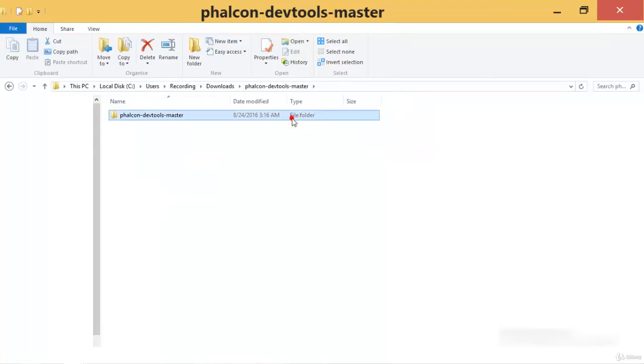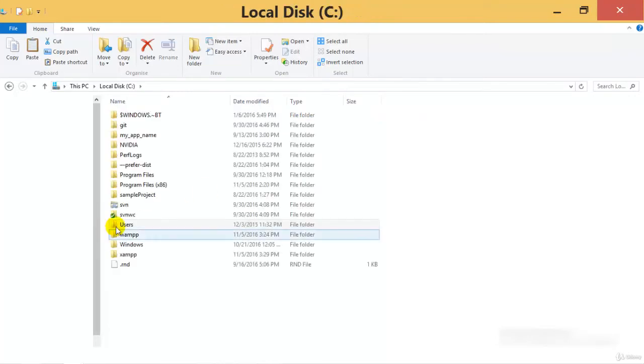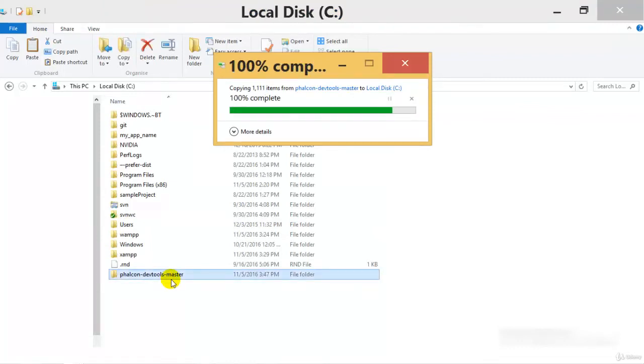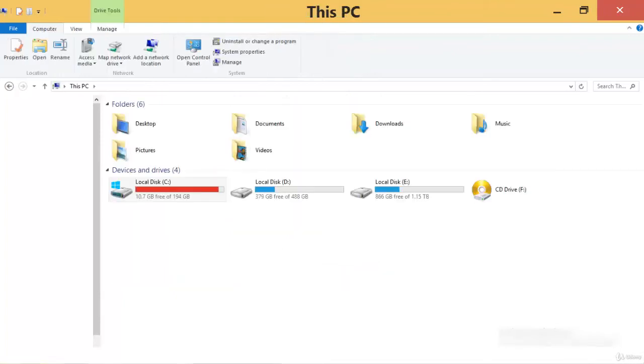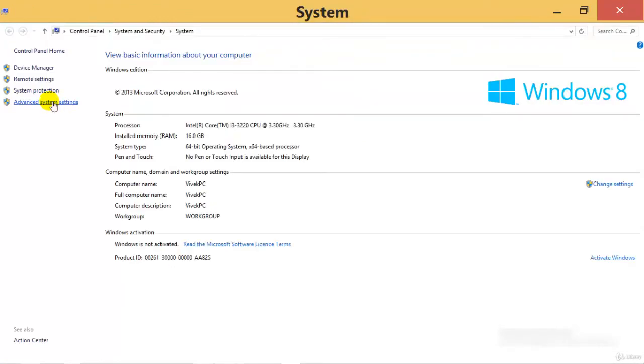What I'll do is copy this particular folder into my C drive. Why the C drive? Because the C drive includes all the important files related to project development. So all these files, I will copy over here. And then I will set the PHP environment in the system. Setting up the PHP environment in your operating system or your PC is done with the help of the environment variables.